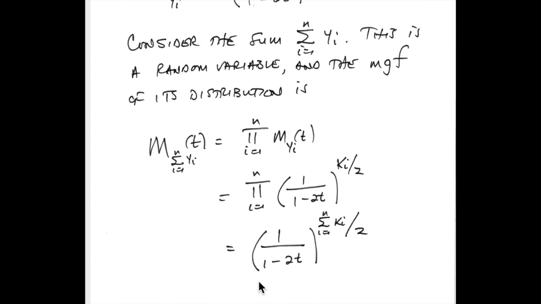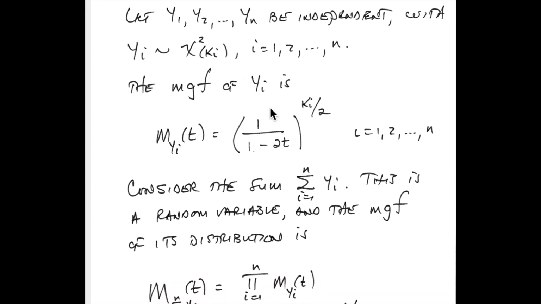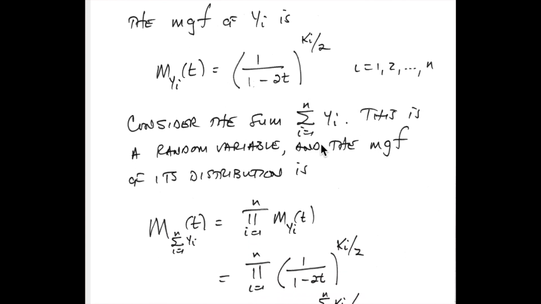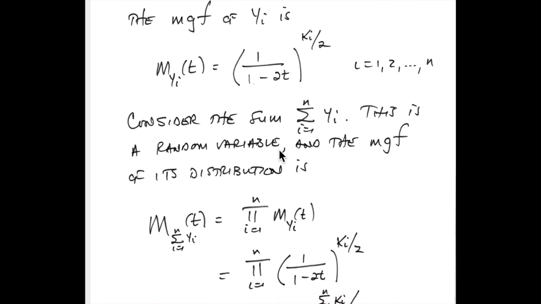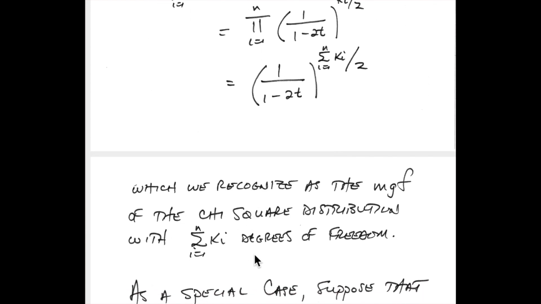Okay, and so we see that when we start off with independent random variables, all from chi-square distributions, but again we're allowing the degrees of freedom to vary, then the sum of those independent chi-square random variables is also a chi-square random variable, the degrees of freedom of which is the sum of the